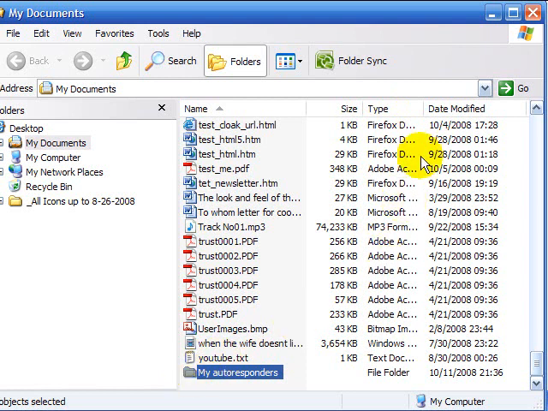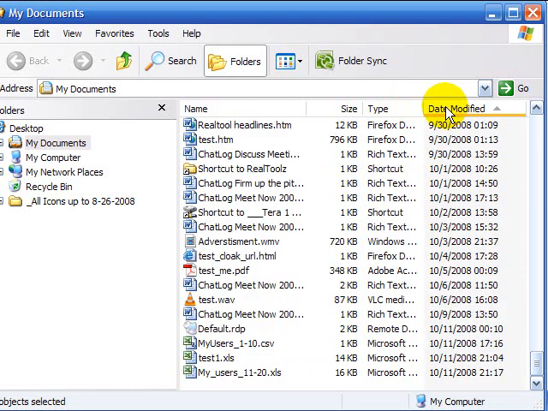First, what I'll do is to click the date modified heading, and that will let me see the files that I've created so far today. I'll highlight these 3 files so that I can put those in the autoresponder folder that I've created today. I can highlight them by